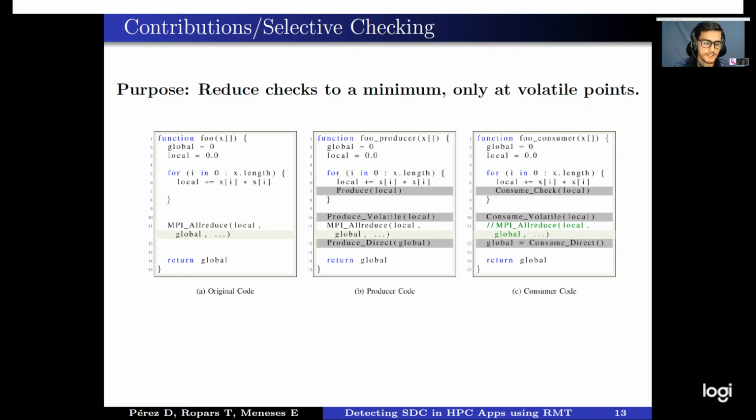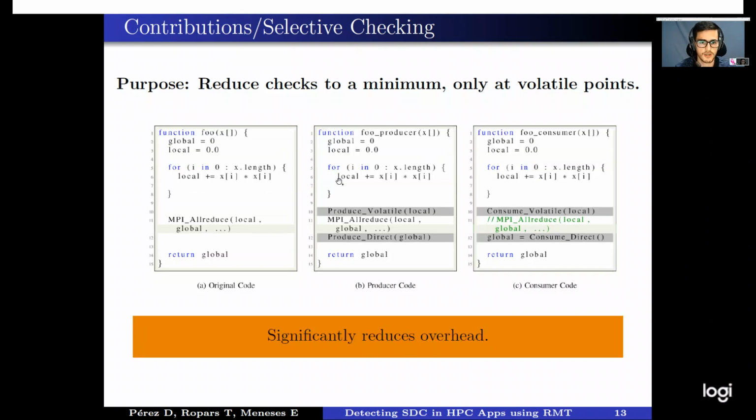So if we remove these local checks and just focus on the volatile points, we can reduce significantly the amount of data exchanged. So we don't send these local changes, and we just make sure that everything is okay at the volatile points. This reduces the performance overhead significantly,